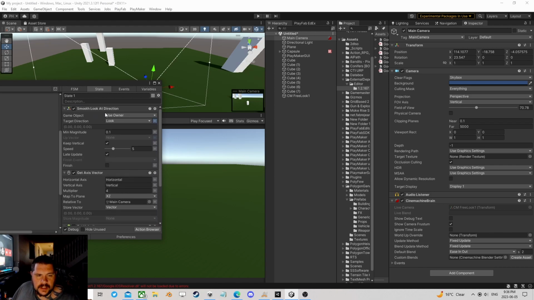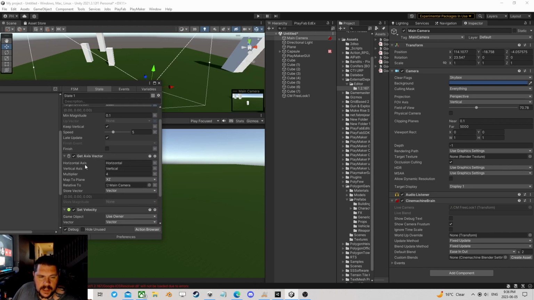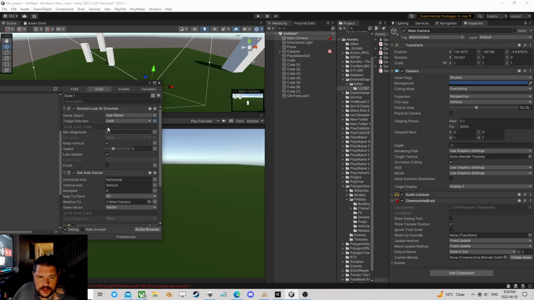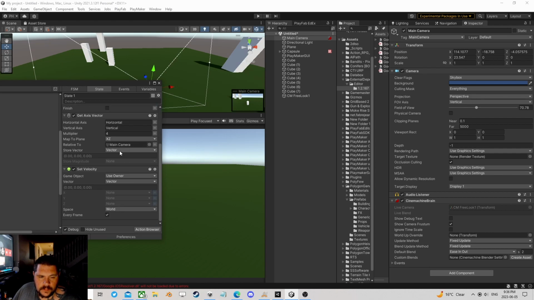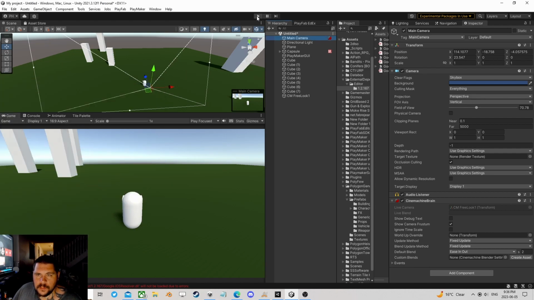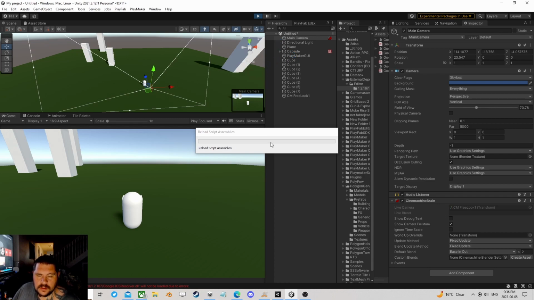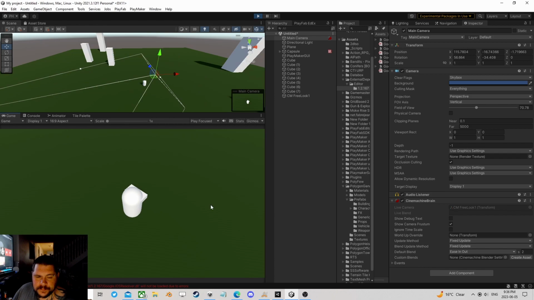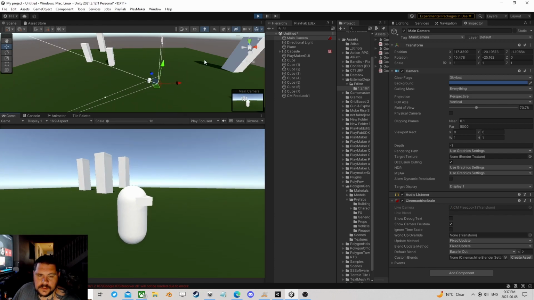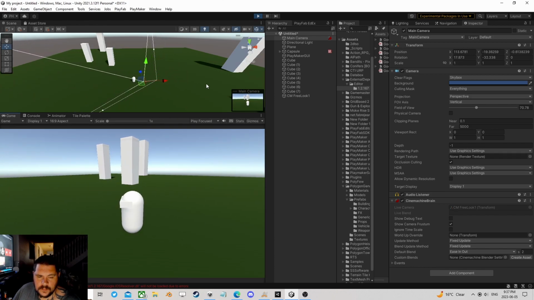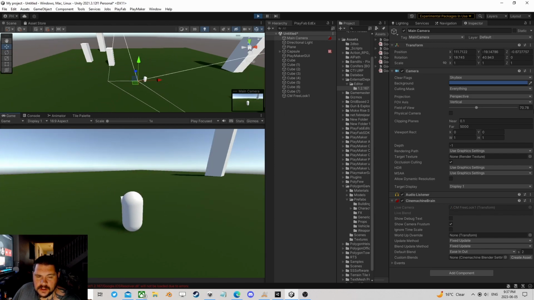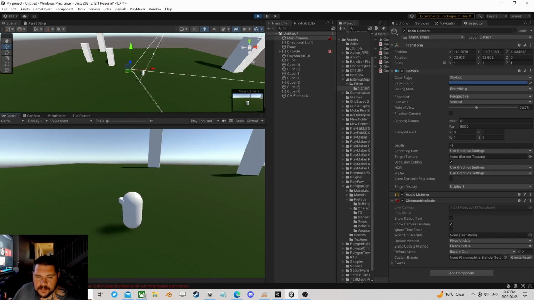So if we get rid of that, we have our movement vector, which is just called vector. So if I swap this over to vector, we are now moving and looking towards our movement. Right, so let's, and you can see like I can move the camera,